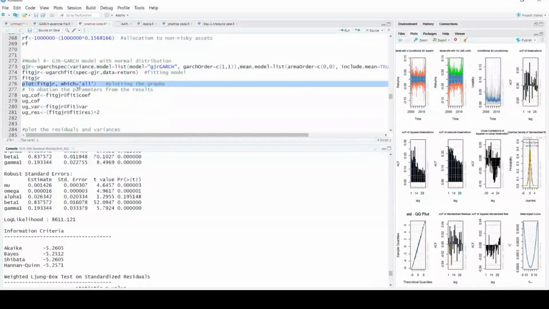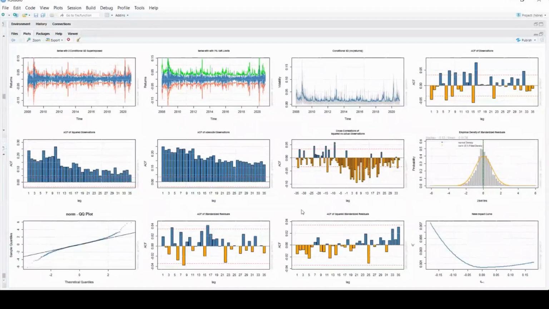So when we see the plot, now you can see the plot and the difference. Well and good. Since I'm using the GJR model with the normal distribution, and we know the normal distribution is not the best fit, but as a standard we start with the normal distribution and then we start improving the model further. So you can see the QQ plot. Here my residual plot says that they are not normally behaving because they are falling apart. Observations are not falling on the mean line.